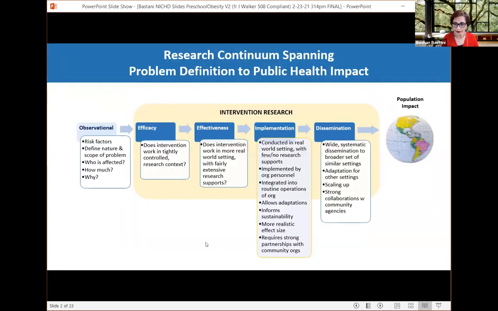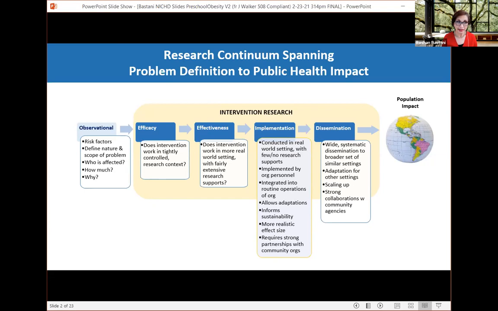I won't repeat this because Dr. Nella took us through this, but this slide shows that in order to achieve population impact on the very right side, it's really important for us to move our research collectively beyond observation, correlation, into the realm of intervention research. And within the realm of intervention research, move quickly beyond efficacy and effectiveness to start conducting implementation and dissemination research. So the trial I'm going to talk about is in the implementation realm,